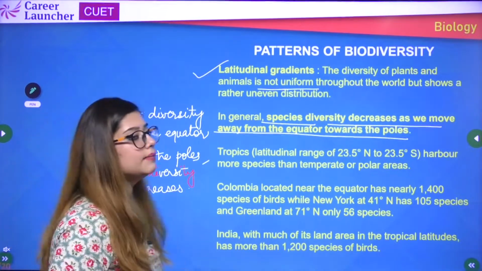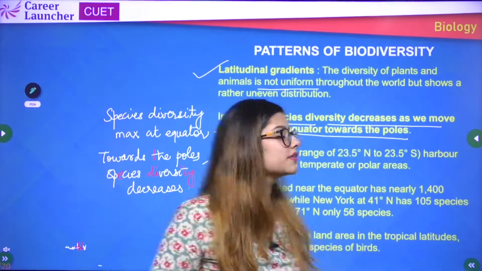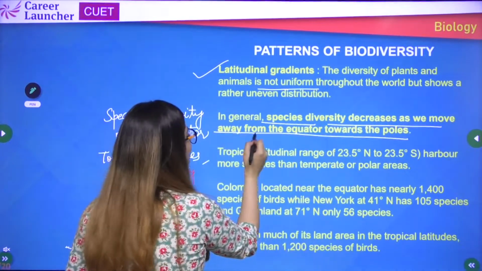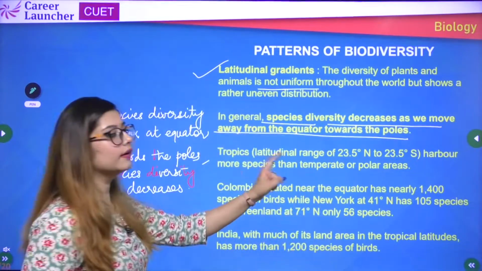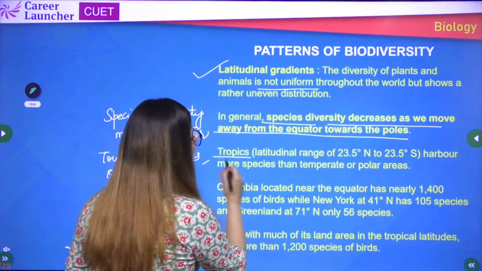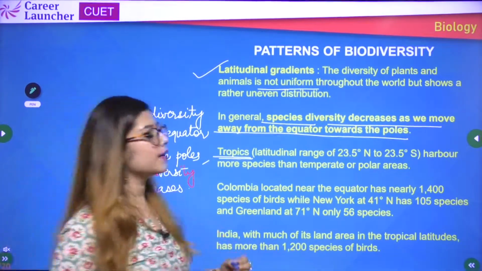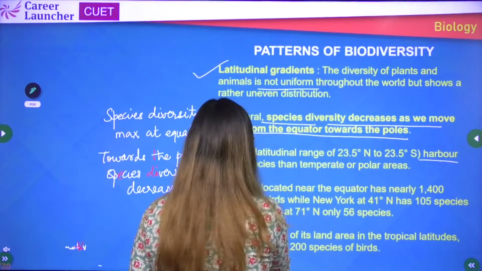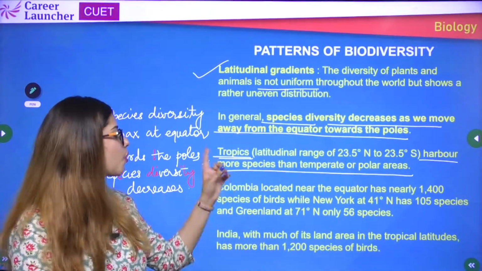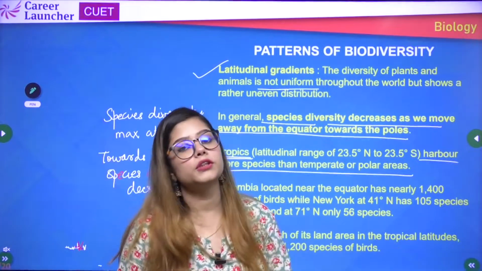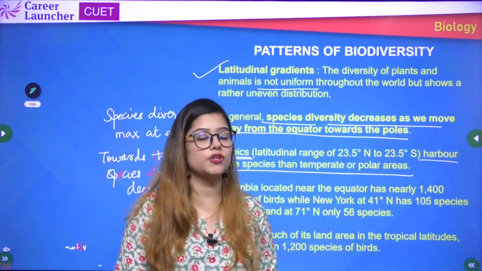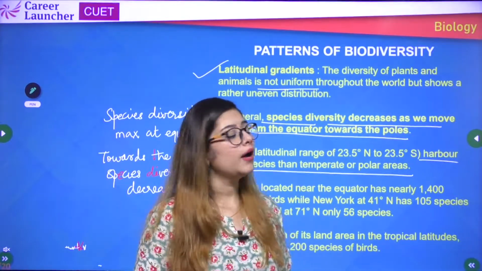So towards the poles, the species diversity decreases. So species diversity decreases as we move away from the equator towards the pole. Example, the tropical areas harbor more species than temperate and polar areas, right? Tropical areas that are closer to the equator are going to have the maximum species richness as compared to temperate